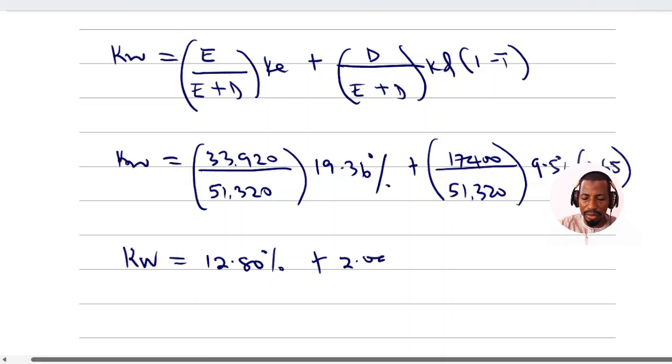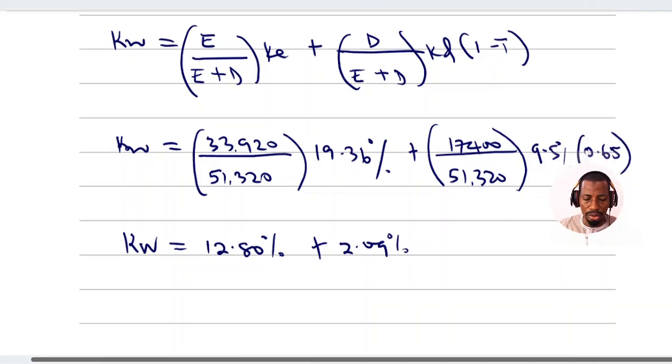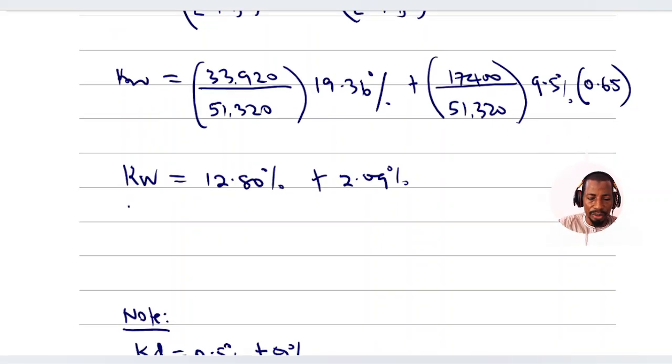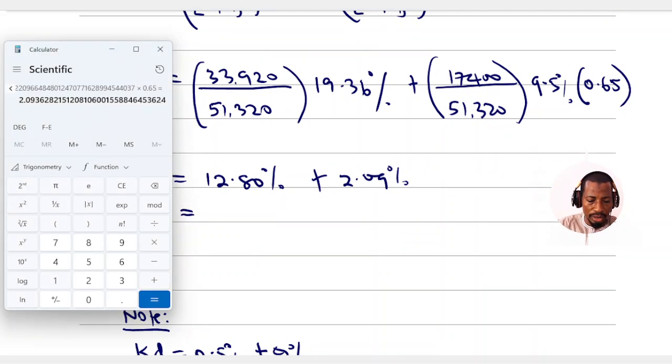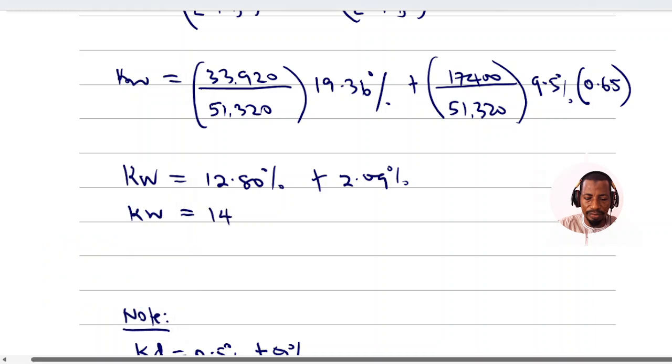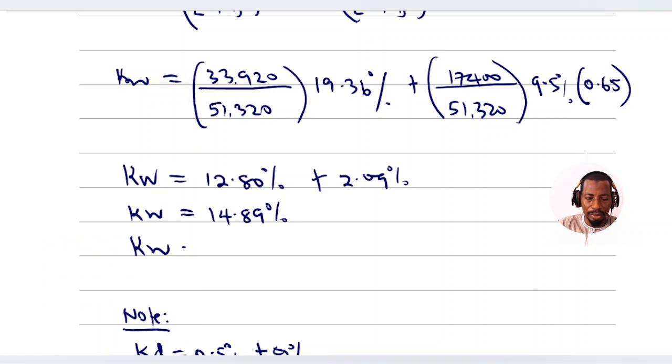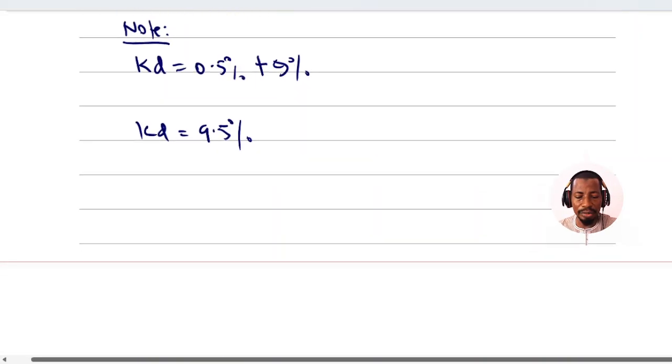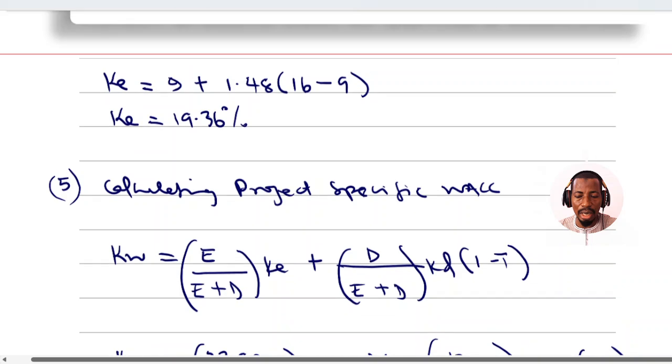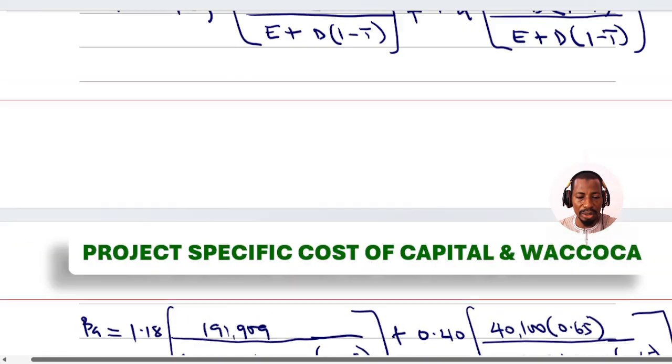So, add it up, 12.8 plus 2.09, that's 14.89%. So the WACC is approximately 15%. So this cost of capital of 15% will then be used to appraise the freezer production for